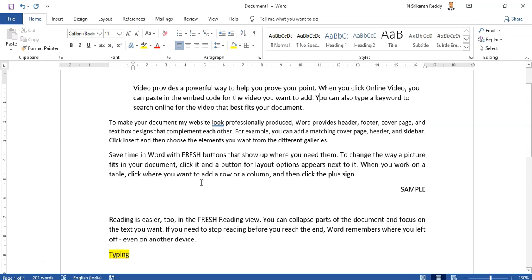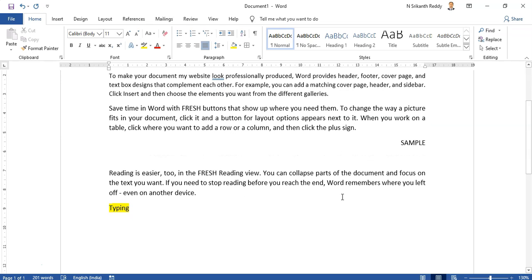Next thing is subscript. This might not be so useful for you, but for example, in mathematics we write log base 2. I want the 2 a little lower, that is subscript. Normally, after typing log, I go to the font section and there is this X2.